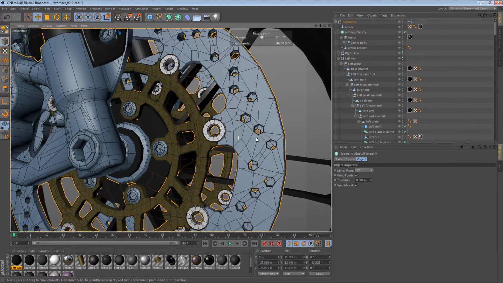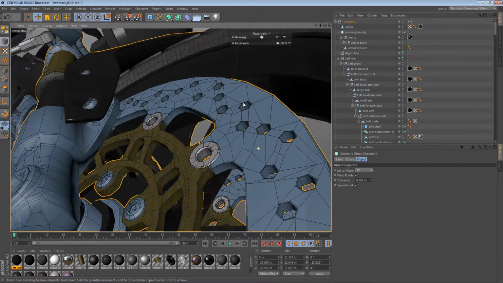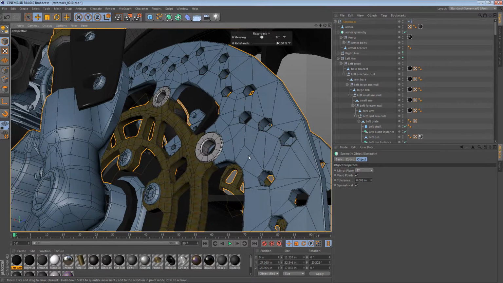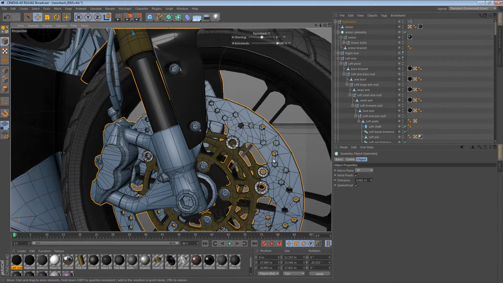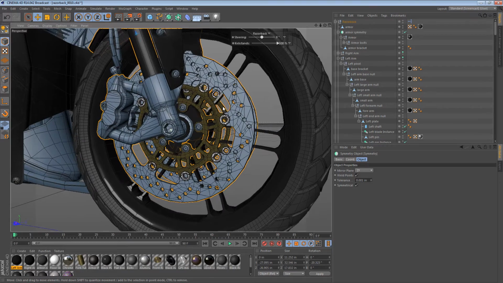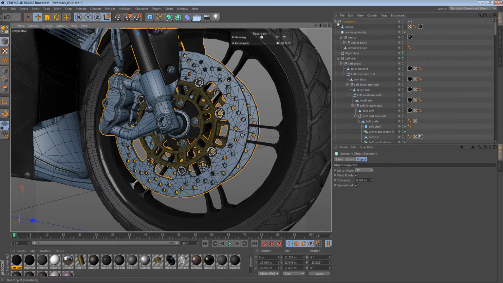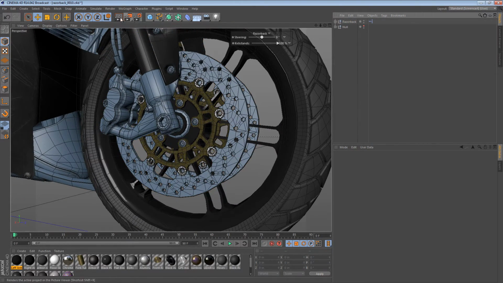So what I mean by that is these polygons here don't really follow any sort of concentric or circular pattern, but we do actually need to paint the inner part of this rotor one color while leaving the outer part a different color. So just to make the point, let's render this,